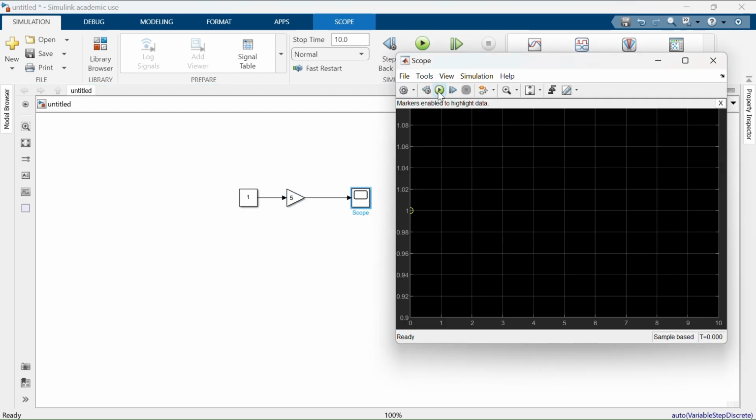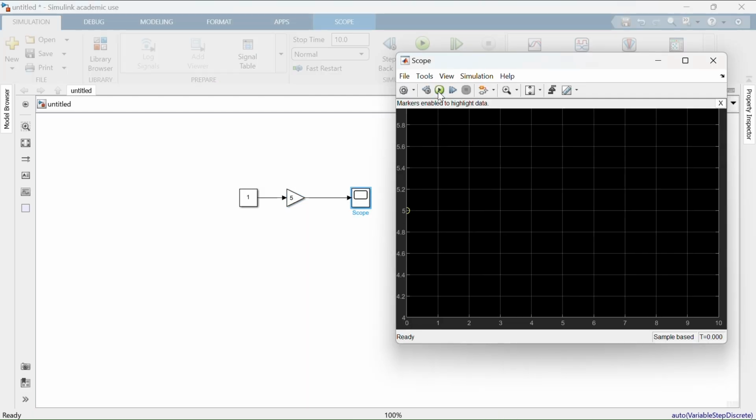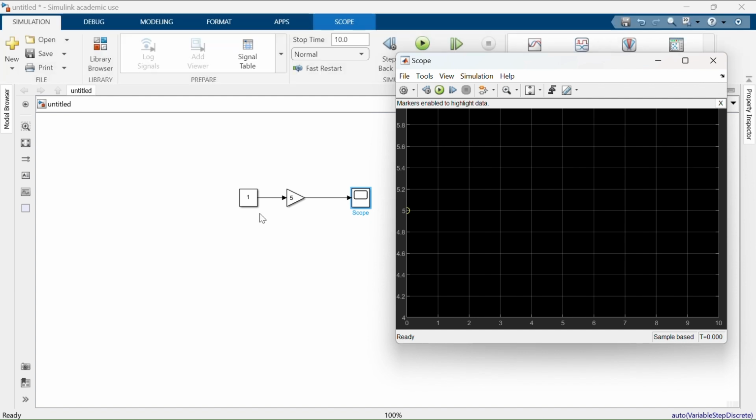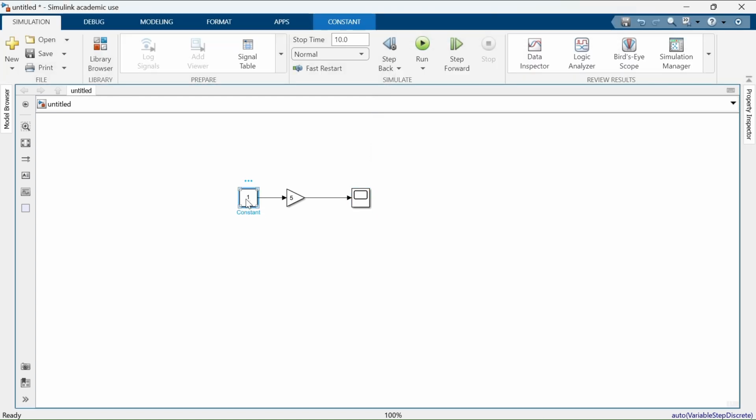If you click on the constant block and look for the 3 dots that appear above it, you'll find several options. The first option allows you to comment out the block. Commenting out disables the block temporarily without deleting it, so it doesn't participate in the simulation. This is useful for testing or troubleshooting, as it lets you isolate specific parts of your model without losing their